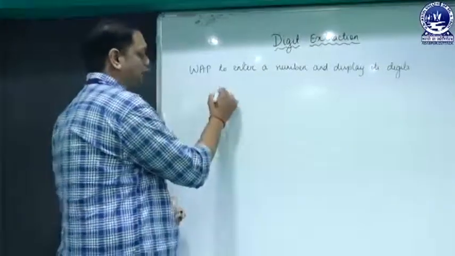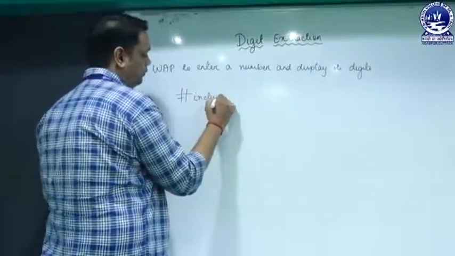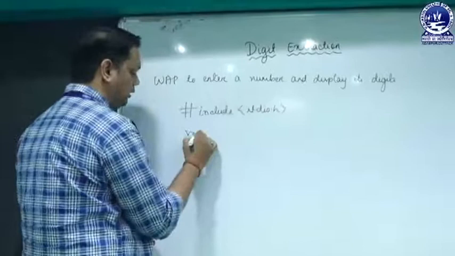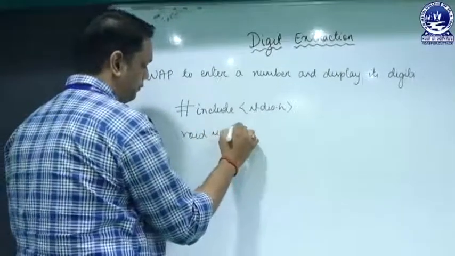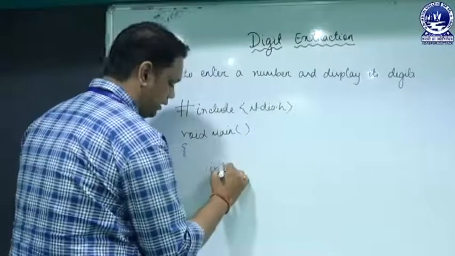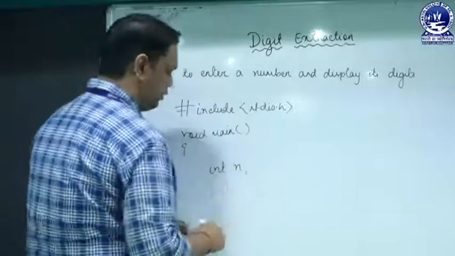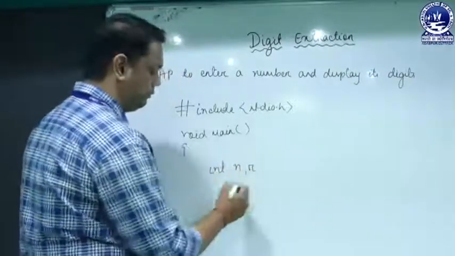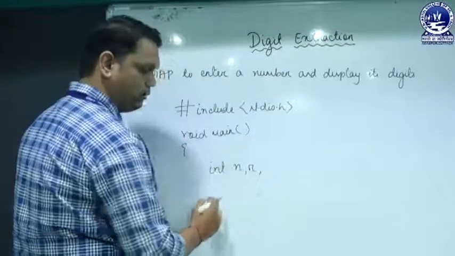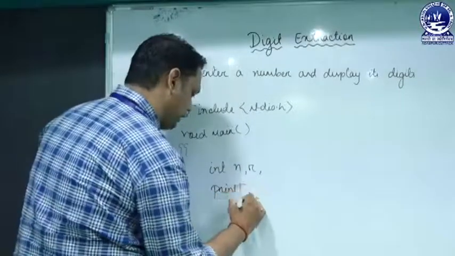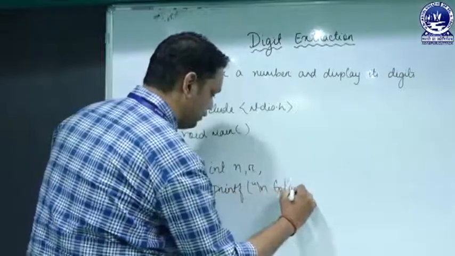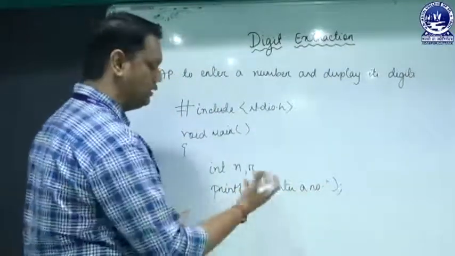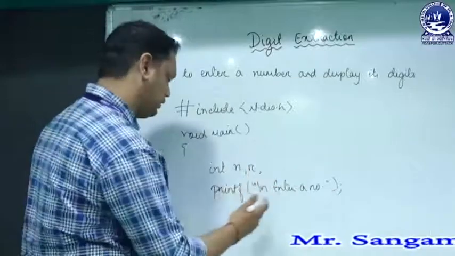So as per the syntax of a program, let's say #include <stdio.h>, which is the general syntax of writing a program, then void main. Let's say I have taken a number n and we will be taking the remainder in, let's say, r. Now I have to enter a number in n, so I can write printf, let's say, enter a number. Here we have not specified that the number should be of a specified length. That means a number can be of 3 digit, 4 digit, 5 digit, or any digit number.